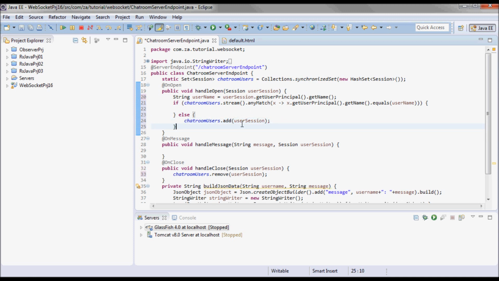to the chatroom users. So in this case, I'll send this message to the user from the system that this username is already connected.